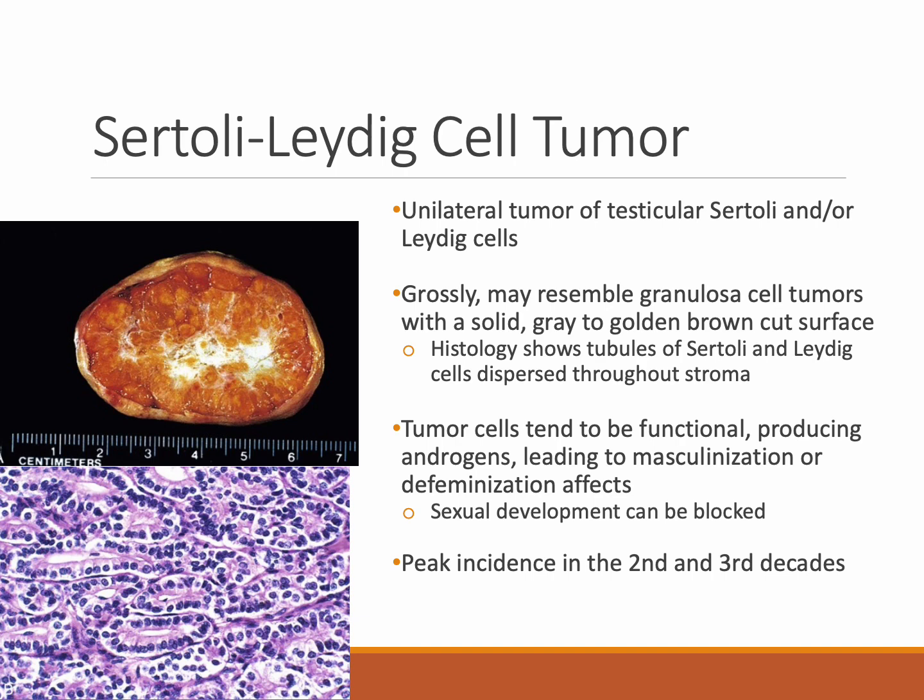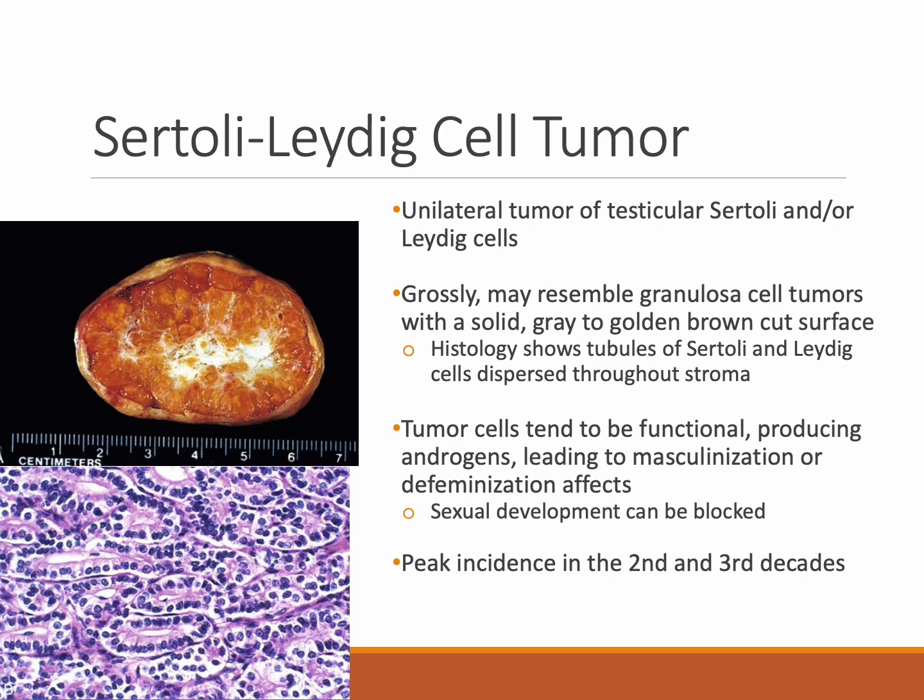The final sex cord tumor we'll talk about is Sertoli-Leydig cell tumors. These typically are unilateral tumors that look like granulosa cell tumors, but we haven't really talked about this since you haven't had male reproductive systems yet. Sertoli and Leydig cells are actually in the male testes, so they're testicular cells. In these tumors, you'll have cords of Sertoli and Leydig cells making nice little